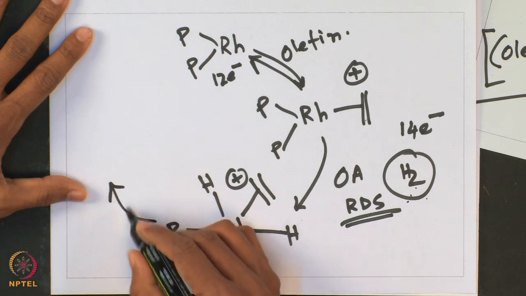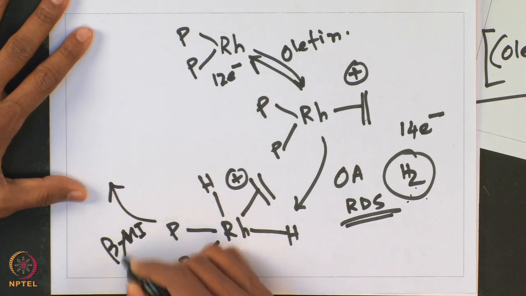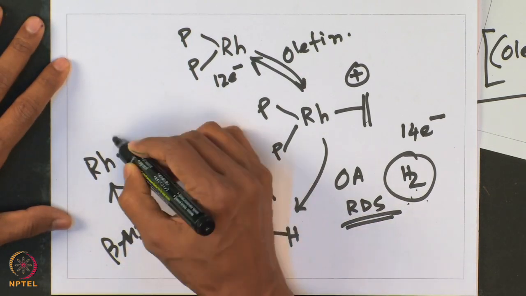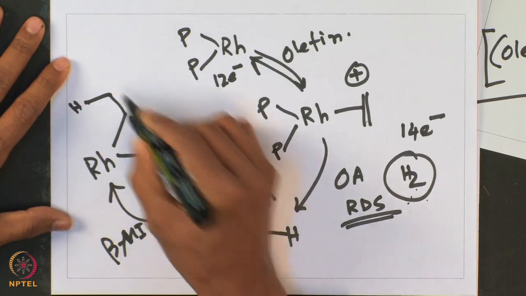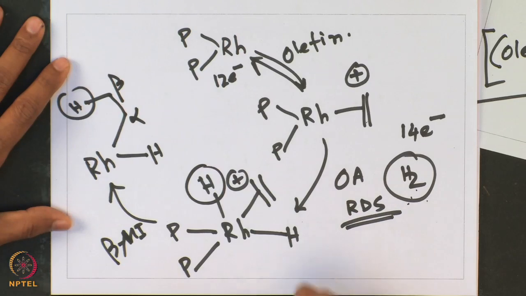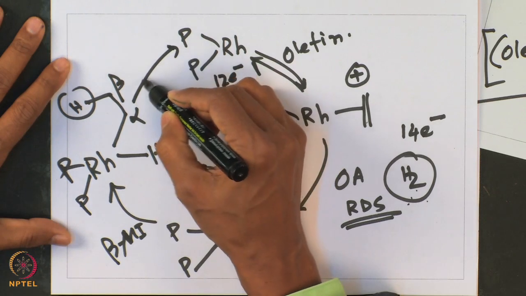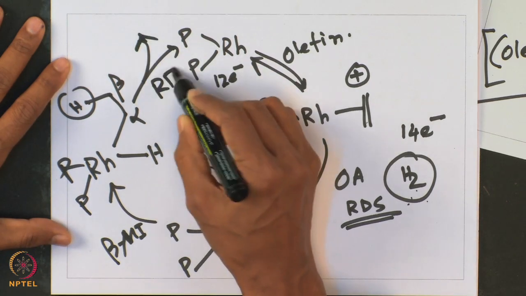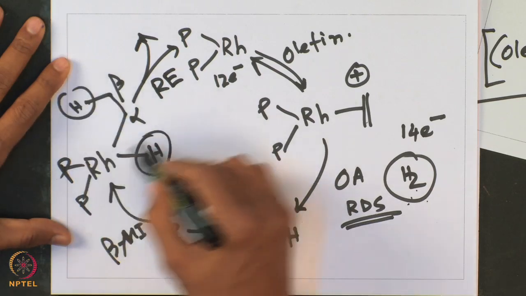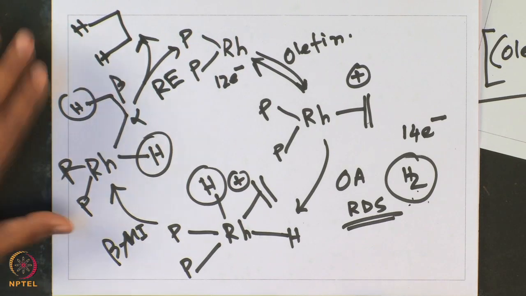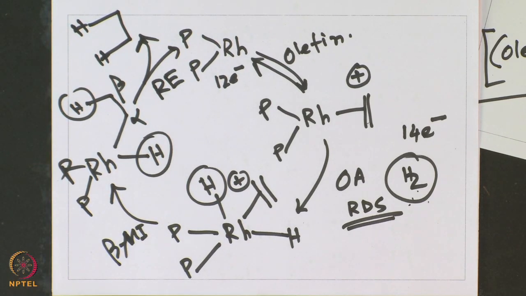From here we have the beta migratory insertion. I hope you are all familiar with it. I am not getting into the details of it, where at the alpha beta position these hydrides get in, and of course your 2 phosphine ligands come into the picture. Finally, reductive elimination gives you the product, where this hydride and this alkyl group get eliminated to give you the final product. In this catalytic cycle, therefore, you have seen us start with an olefin coordinated organometallic intermediate